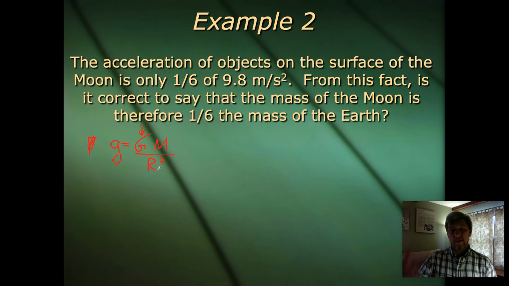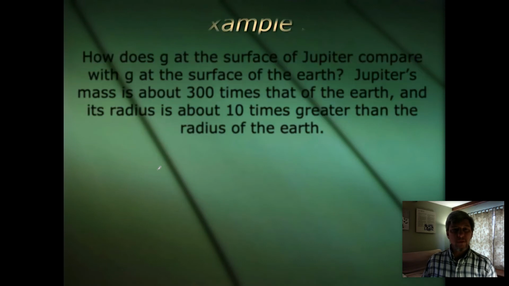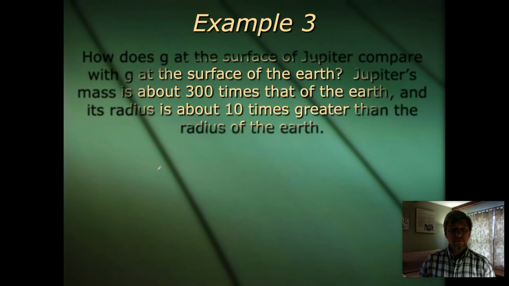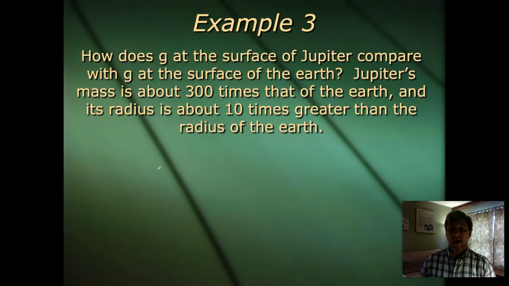Another way to look at this kind of thing, using the formula that we've got written here, is shown in example 3. How does the acceleration of gravity at the surface of Jupiter compare with the acceleration of gravity at the surface of the Earth? Jupiter's mass is about 300 times that of Earth, and its radius is about 10 times greater than the radius of Earth. So if g for the Earth is equal to big G times the mass of the Earth divided by the radius of the Earth